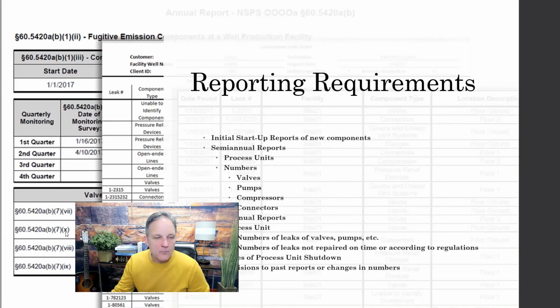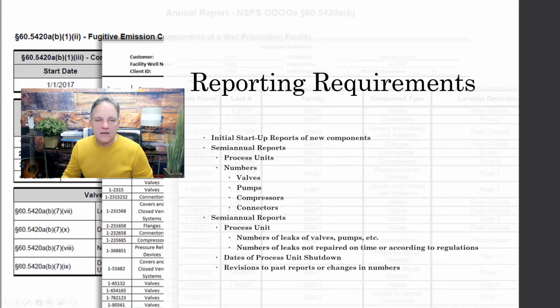Lastly, there are reporting requirements that the rules require too. There are initial startup reports of any new components and new process units that start up. Then you have to report the numbers of valves, pumps, compressors, connectors, the different components that are being monitored. You have to report that. On semi-annual reports, you have to report any new process units and the number of leaks that were found in the valves, the pumps, all the different equipment,